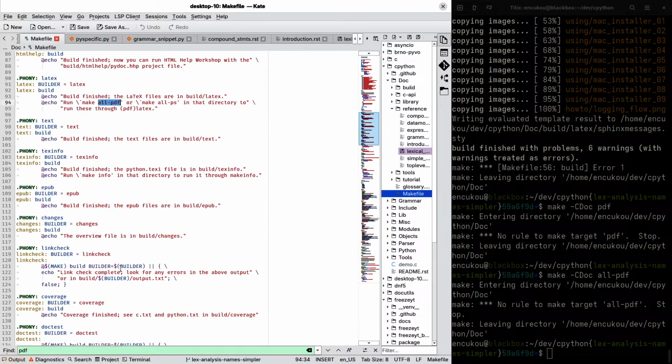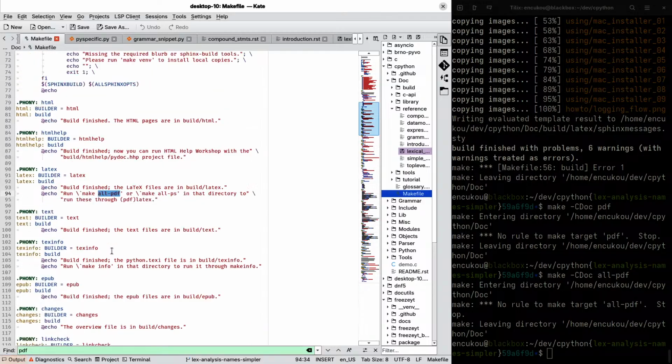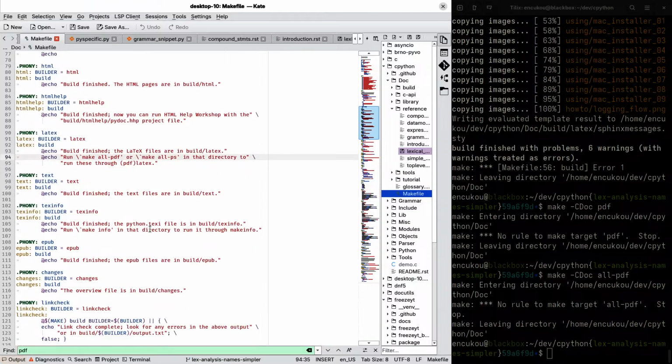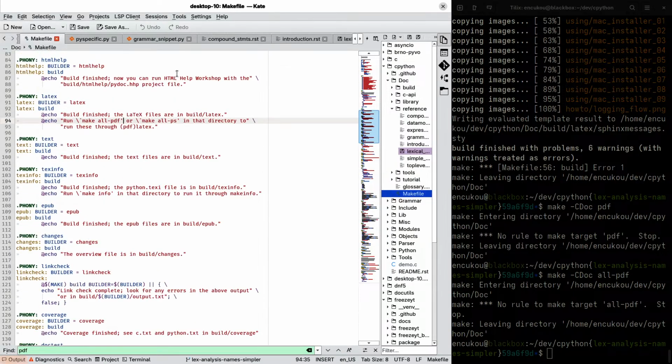That should work, but it doesn't. Oh, maybe the LaTeX build will create the directory that includes a make file again, and then it does the whole PDF. Yeah, it looks like it does, because it says in that directory run all PDF. Yeah, right. So that's okay.